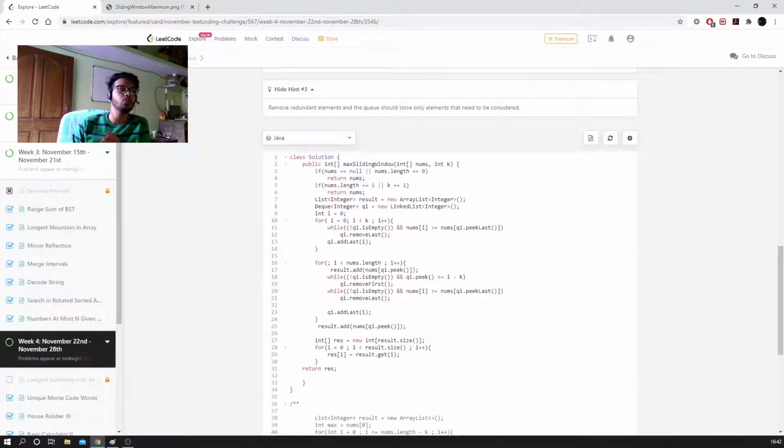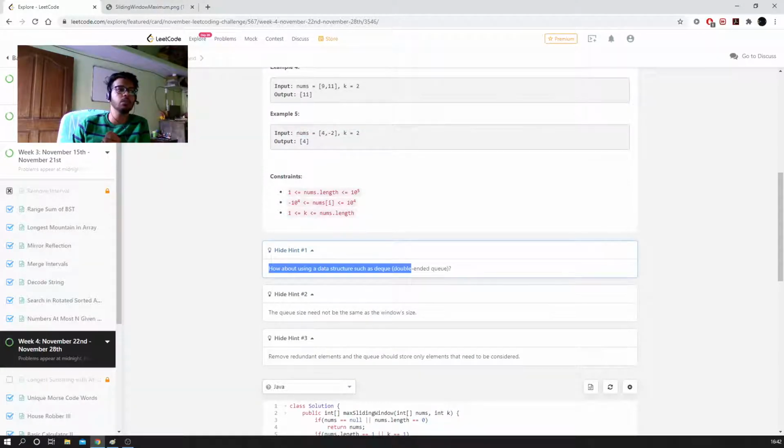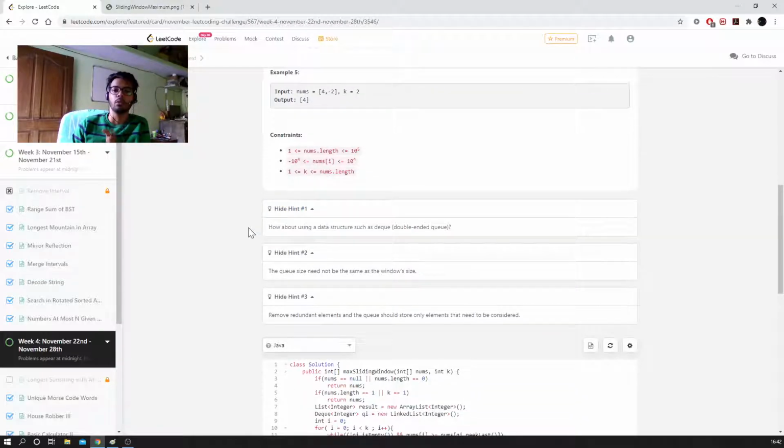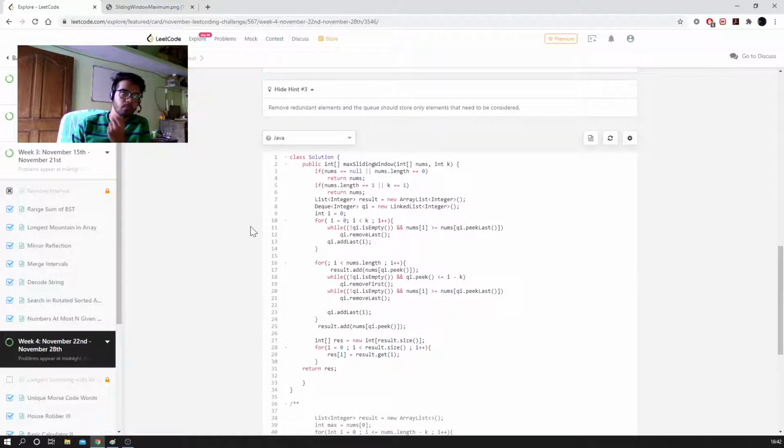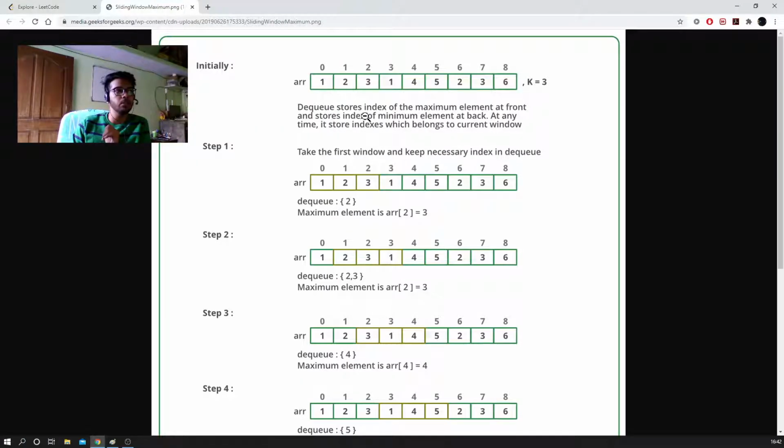So for my second approach, I read the first clue and it said to use a doubly ended queue, a deque. I thought of an approach where I only used a queue, but it wasn't successful. Then I used a deque and it was successful. I got this picture from GeeksforGeeks. They also have a great explanation for the same question. They actually have 5 approaches. If you are comfortable with AVL trees, or if you want to use a max heap for this, you can easily do that. I was more comfortable with the queue and was halfway through my answer, and hence I went with this.